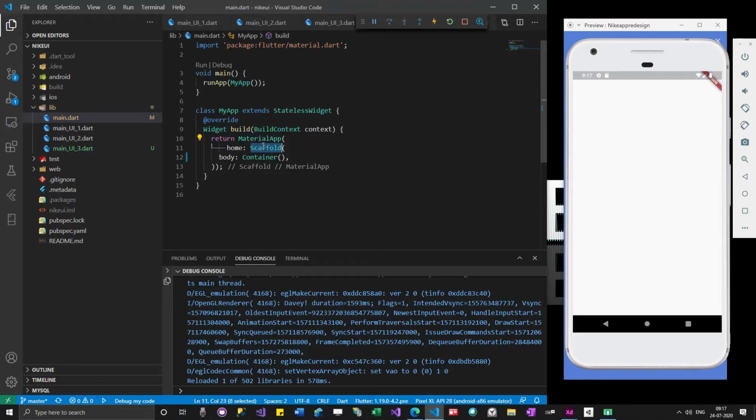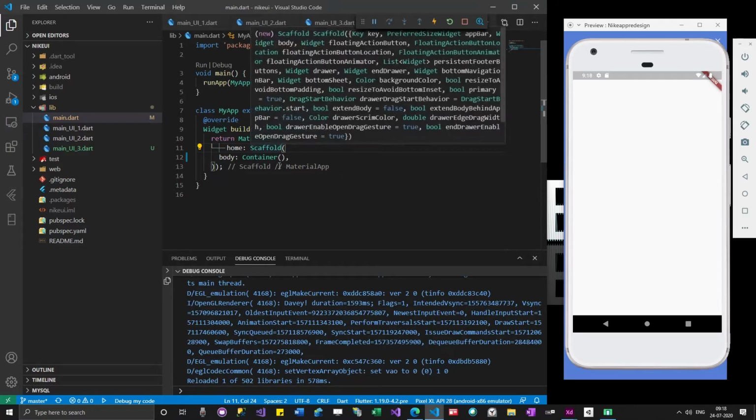And then Scaffold is the skeleton we are going to give for an app. When I give Scaffold, it gives many things like body, app bar, bottom navigation bar, all these things out of the box. By default it will come. We don't have to design them manually. If I'm not adding this, I have to develop them manually.